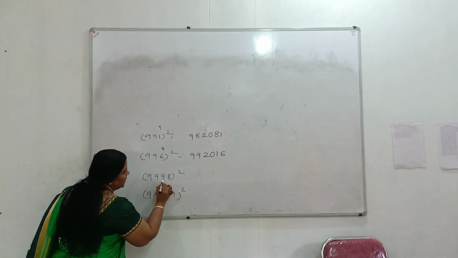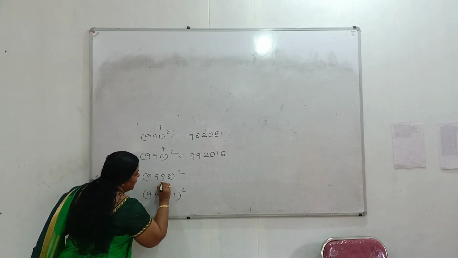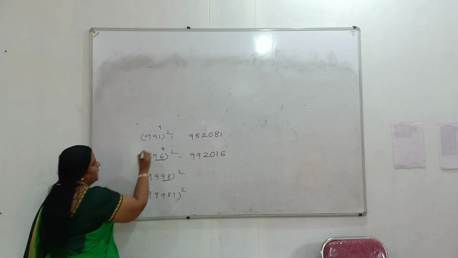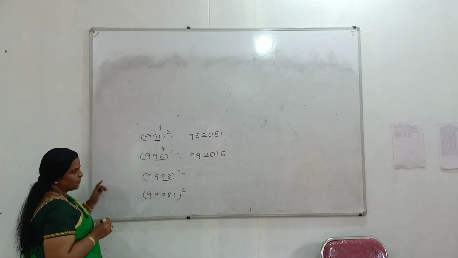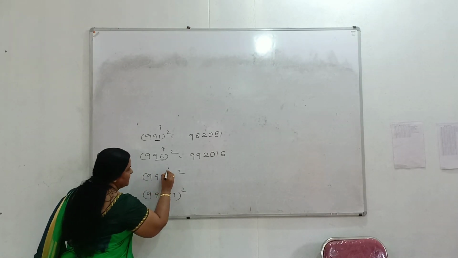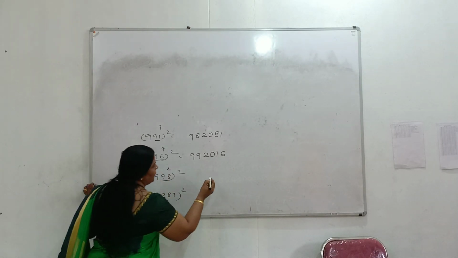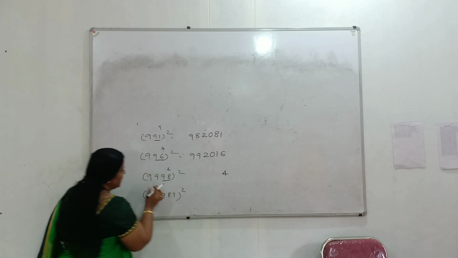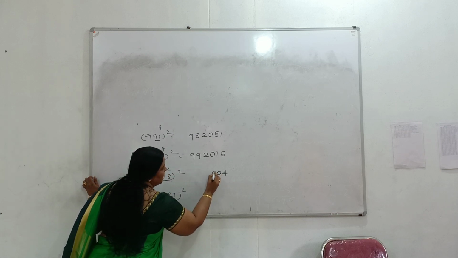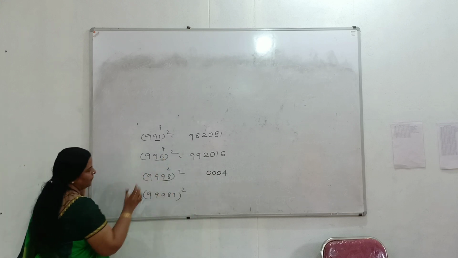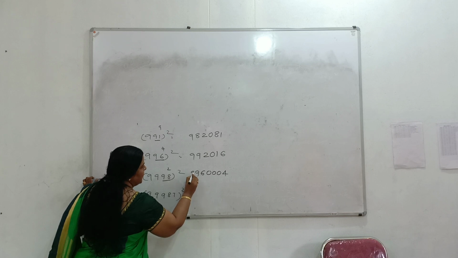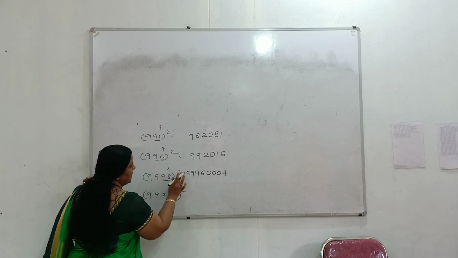9998. Here we can mark a line under this. 98. 2 must be right here. So the square of 2 is 4. Here we have 4 digits. So put 3 zeros here and take the double of this number, 6, 9, 9, 9. That is the answer.